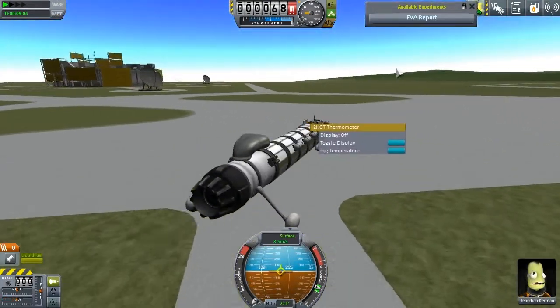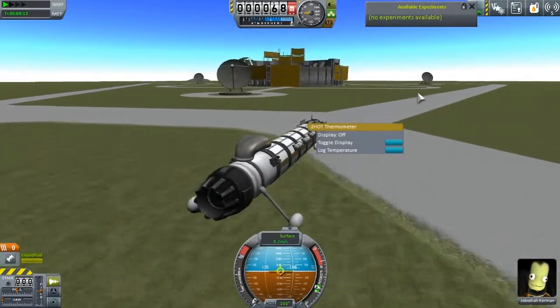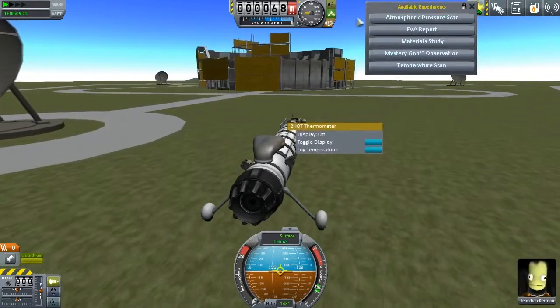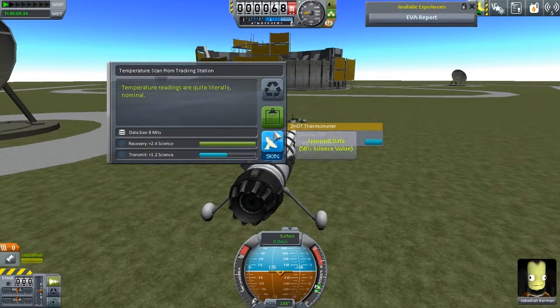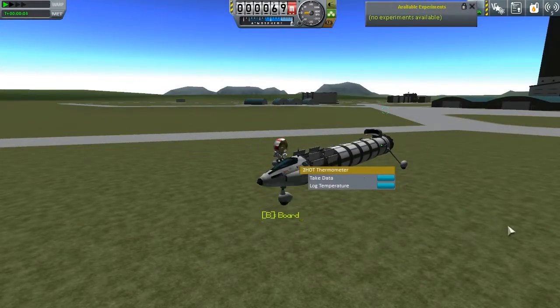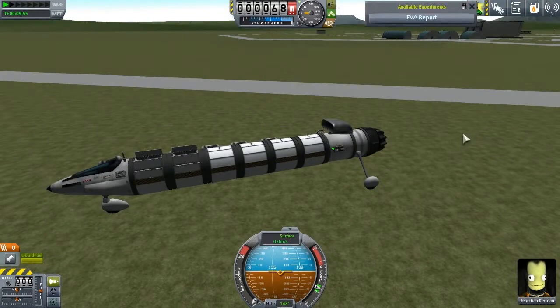No, this is the same building. So we'll go over here. No experiments here. Okay, brakes. So we can do that. Keep. Materials. Keep. Mystery goo. Keep. Temperature. Keep. We'll do the EVA report, which we won't actually have. Now we can take the data aboard. Okay, and now we want to go